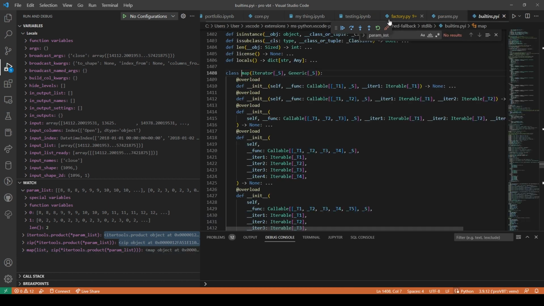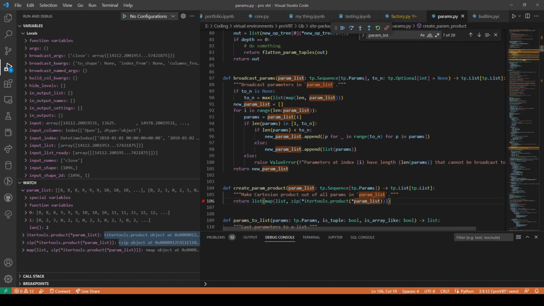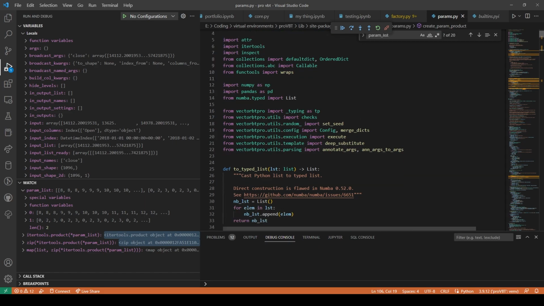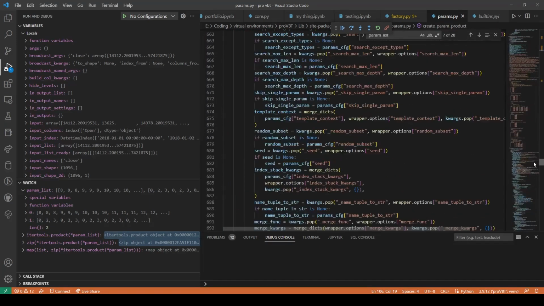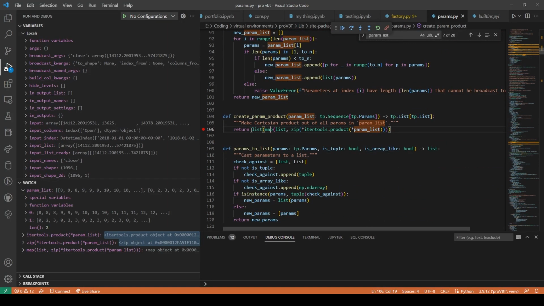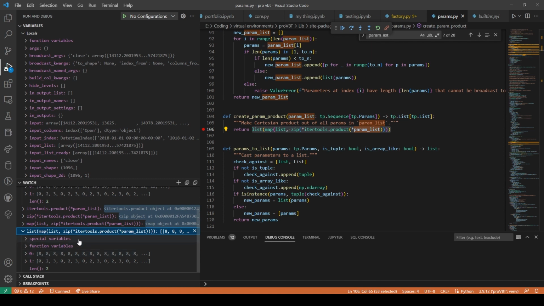What? Oops. And then you have to create a list out of the map object. IterTools product will give you this. I wonder if putting that star in front does anything.